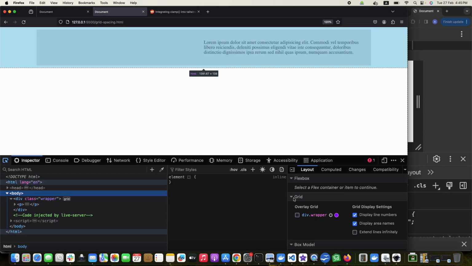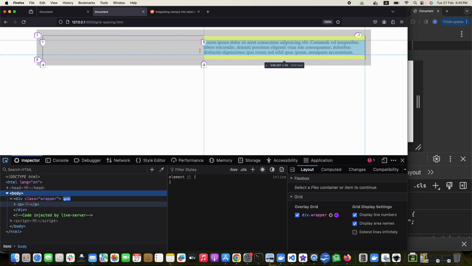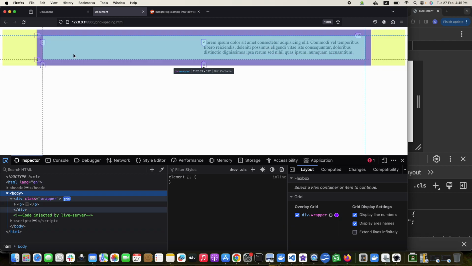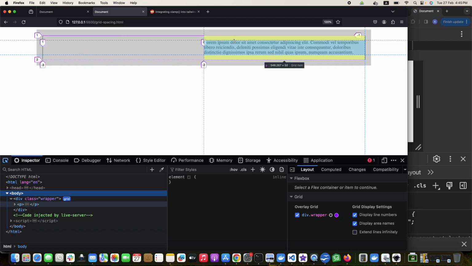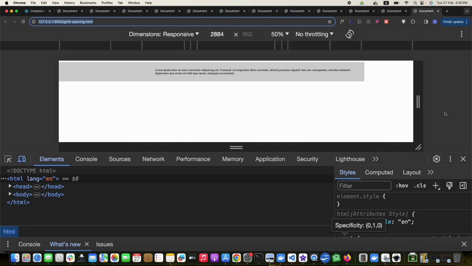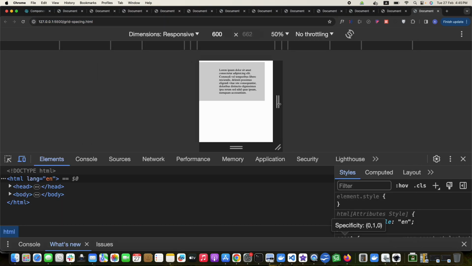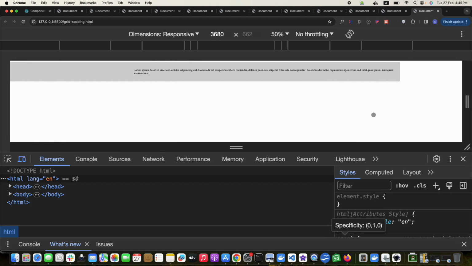and inspect the grid, so these are 2 grids, right? Can you see? And we are making the paragraph to be inside the second one. So now you will always have it like this and properly spaced. Is this fine? Okay, next is maybe if I have some design where